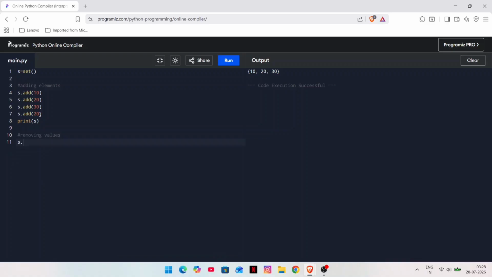s.remove(10), s.remove, s.discard(99). Let's run our code. Oh, we have to print also. Print. Now let's run our code. Here, as you can see,